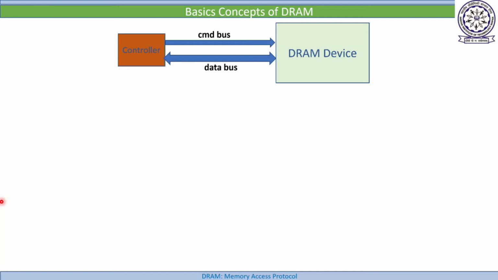The next concern is how the controller knows, once it sends one command, after how much time it should send another command. This is very important. For example, suppose you have a robot and there are 2 points. Suppose point 1 is here and point 2 is here. And there is a robot whose only purpose is to move from point 1 to point 2, which is move forward. And there is another command, called move backward, which moves it from point 2 to point 1. This is the only purpose this robot has.